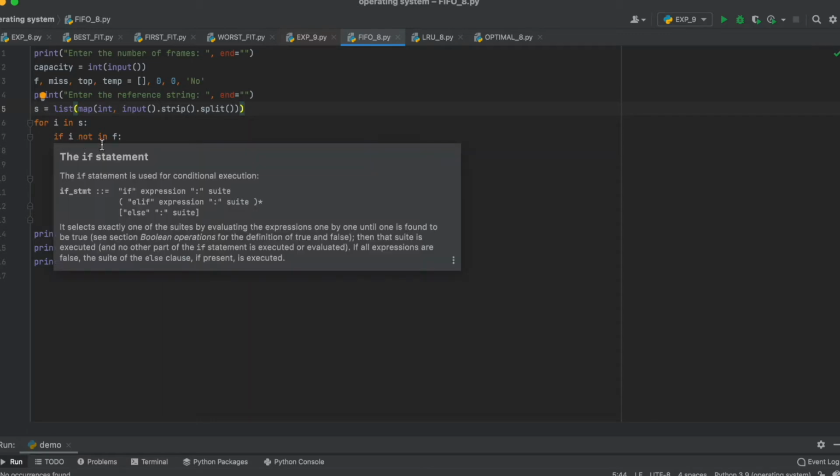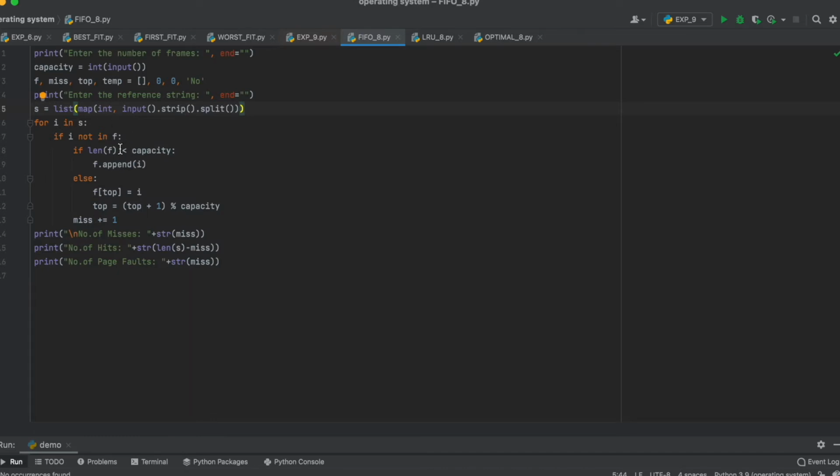If i is not in f, and the length of f is less than capacity, then f.append of i, so the first letter will be taken.